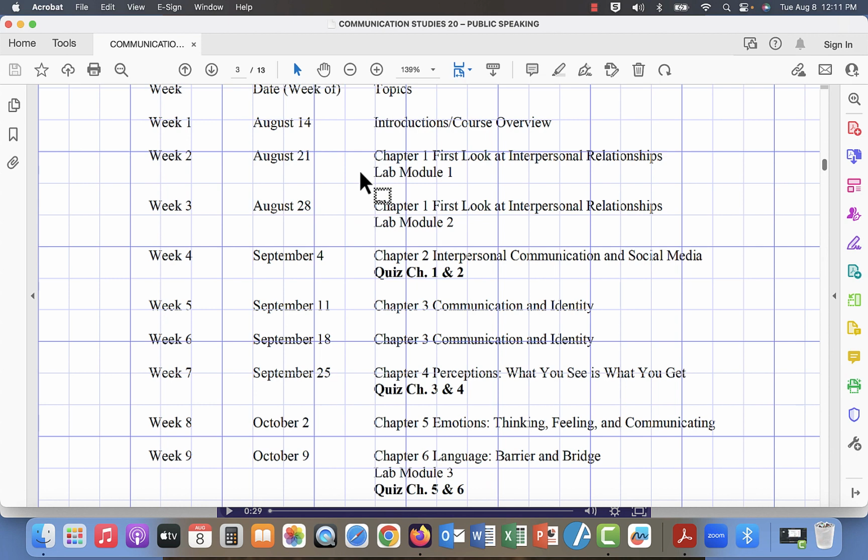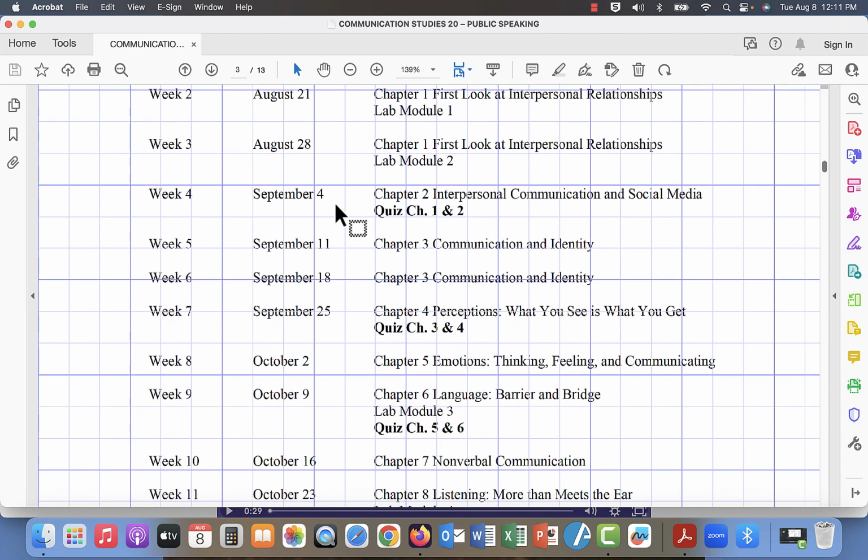And again, the exact details of when the assignment opens and when it closes you'll find in your Canvas class shell. You'll notice that on the week of September 4th, we will have our first set of quizzes, chapters 1 and 2. Again, the specific dates of when they're open and when they close are on our Canvas class shell. Also, bear in mind that you'll be receiving a very specific study guide for our entire course shortly, so please be on the lookout for that and use that to help you prepare for your quizzes.